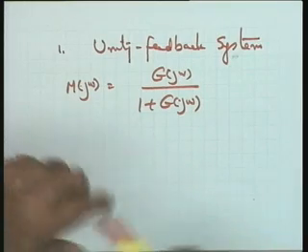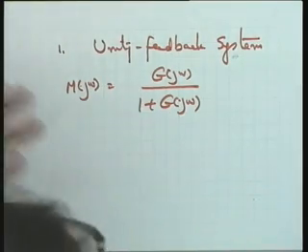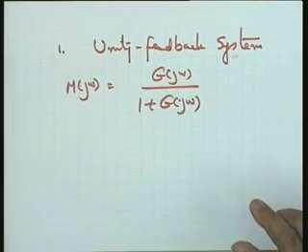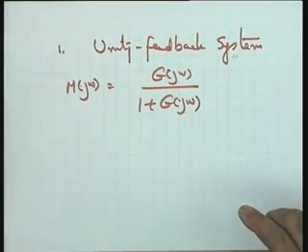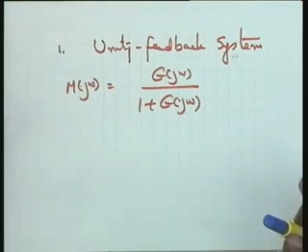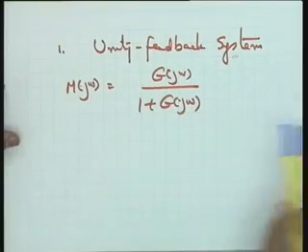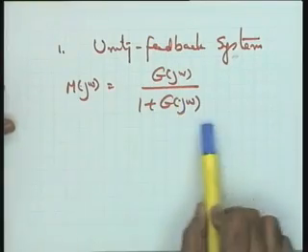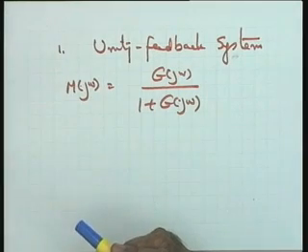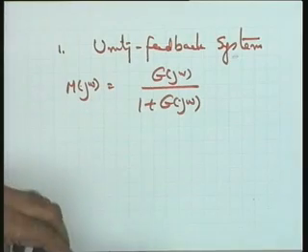Something absolutely new is coming, and therefore I need your attention here, please. You might not have heard of what a Nichols chart is, for example. So, I am going to use the Nichols chart, an important graphical tool for frequency domain design, and this will come through this particular open loop unity feedback system. M(jω) is given by this, where H has been taken as unity. The second case, when it is non-unity, I will deal with later.